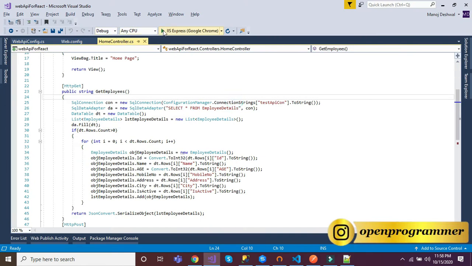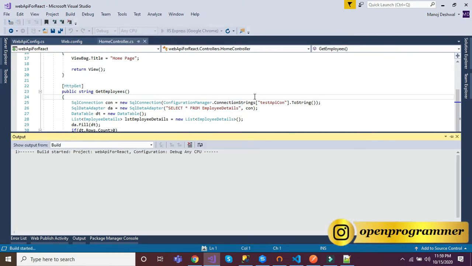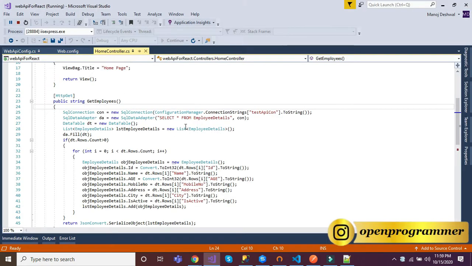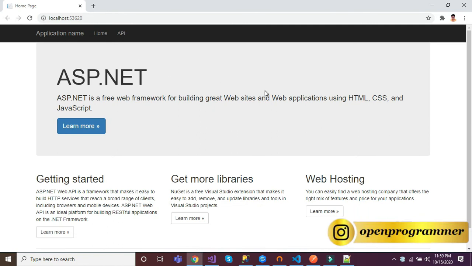Let me run this web API project also. It is running, it will take some time. Yes, it is loading. I will also show you the data hit from Postman. Yes, the web API project is loaded now.